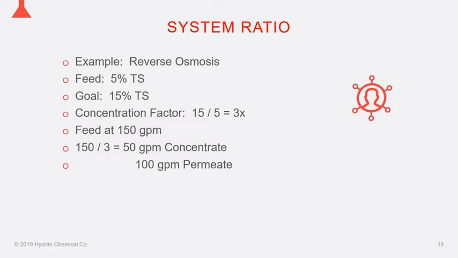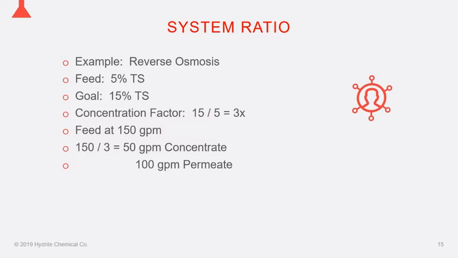So I have to figure out my concentration factor, and it's really easy for an RO system. It's 15 divided by 5. That gives me a 3x concentration. So what I do, and I need that number, it's a very valuable number, I need that number to then calculate how I would design the membrane system. So